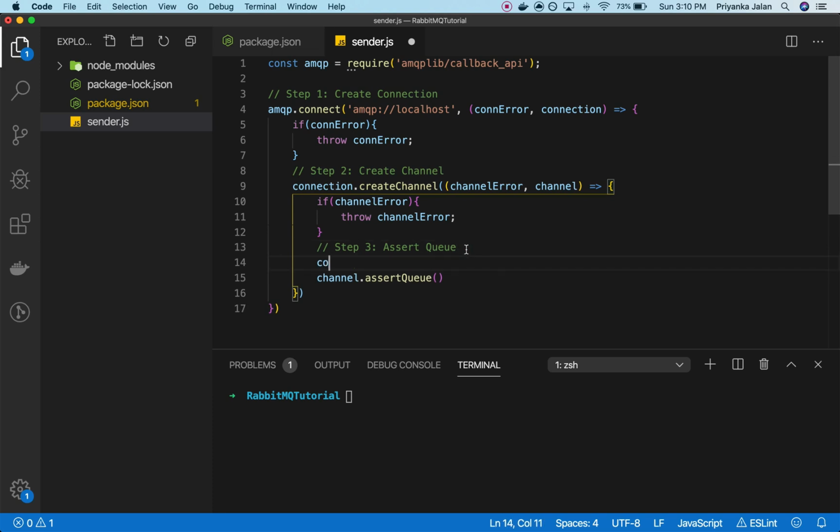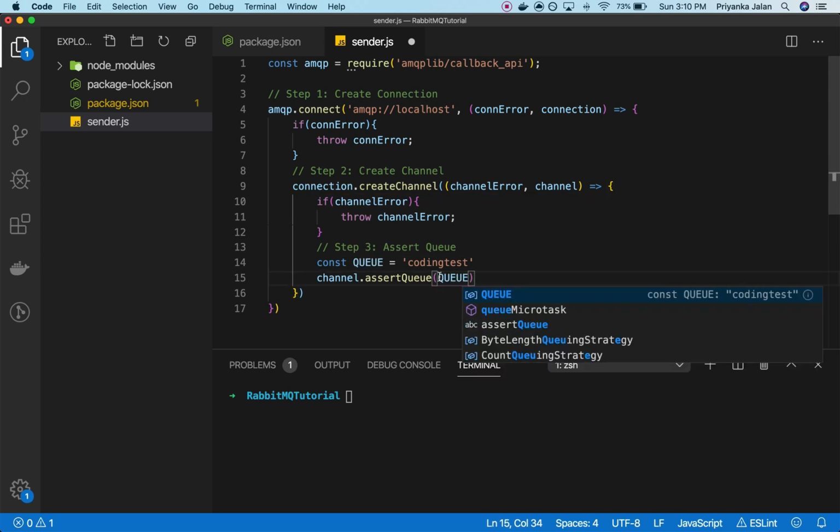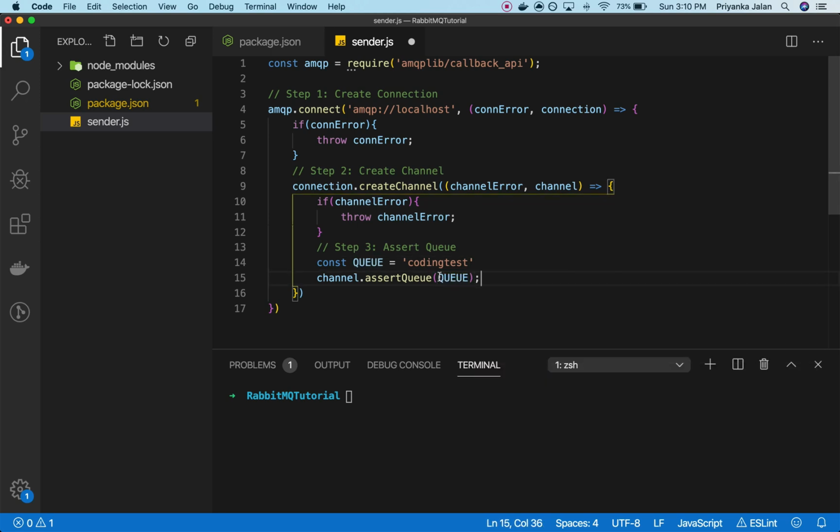So let's declare a constant queue, coding test. We will pass the constant here to assert. Now we have asserted our queue. Now let's send a message to the queue,